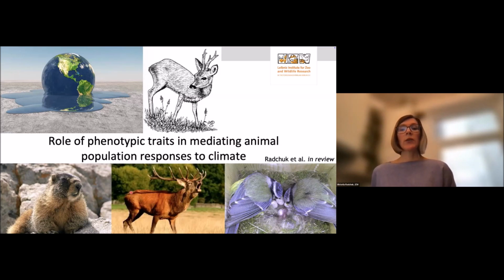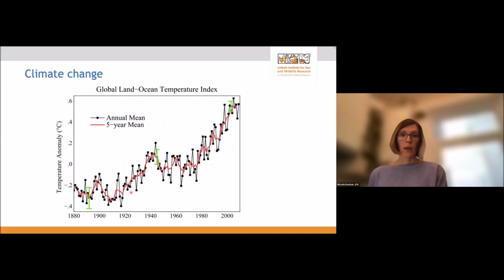And before I start with it, I would like to acknowledge that this is a large collaborative effort, and this study would not have been possible if not for the efforts of many people in collecting long-term population data, field data. And this study started with an sDiv synthesis grant at iDiv in Germany. So I would like to also acknowledge the synthesis group, TraitChange.